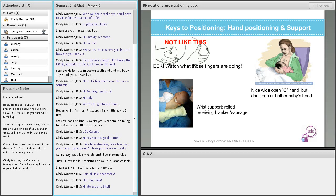But you also may want to have handy what I call receiving blanket sausage. So just a few cloth diapers or receiving blankets that you've rolled up tightly that you leave near your nursing chair, so that you can grab one of those, and that can really help support your hand like you see in this bottom picture, or you can fold one up and it can help support the baby's head, so that you can then relax your arm, relax your wrist, and not feel like you're trapped in a particular position. So you want to have your